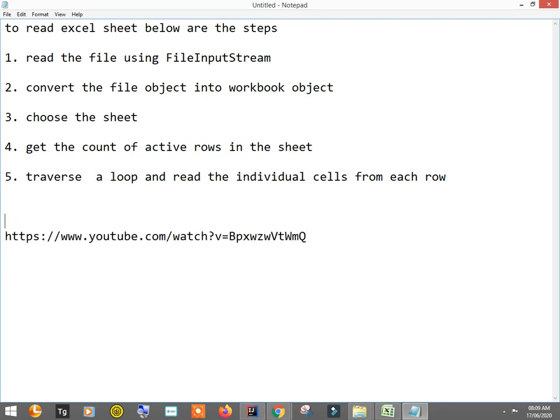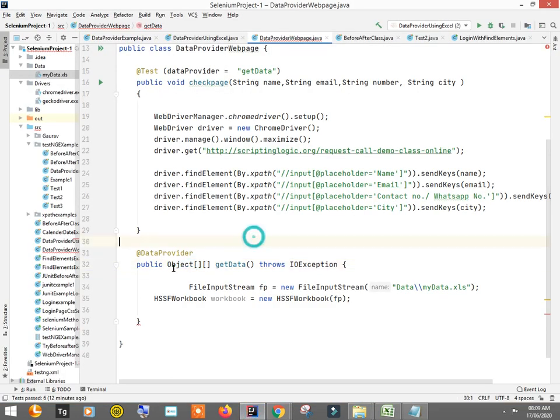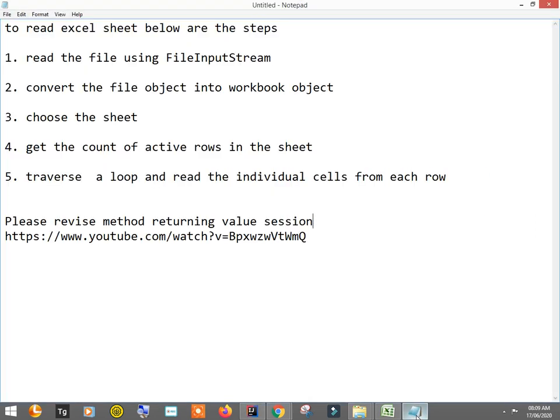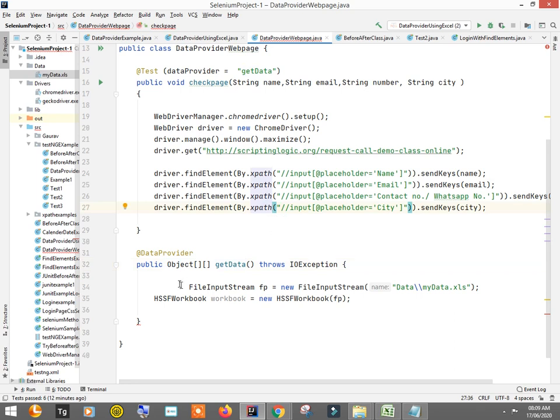So please revise the method returning value session, right? So in that case you will not find a problem over here. So it is actually a method returning a value.